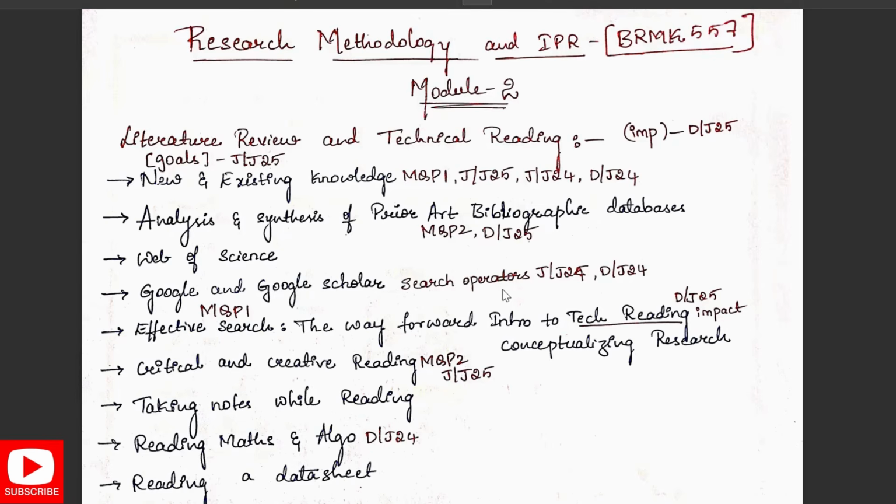They have asked about the search operators in 2 papers, and about effective search, which was asked in model question paper 1, and about technical reading in the December Jan 25 paper. Then critical and creative reading has been asked in model question paper 2 and the June July 2025 paper. Then some other things are taking notes while reading, mathematics and algorithms, and reading a data sheet. We will cover this part in Part 1, and in Part 2 we will go to the